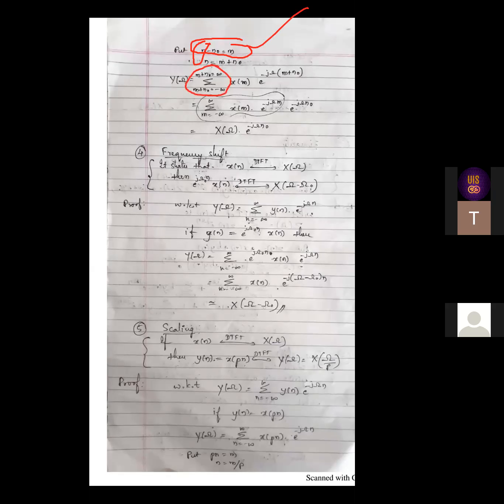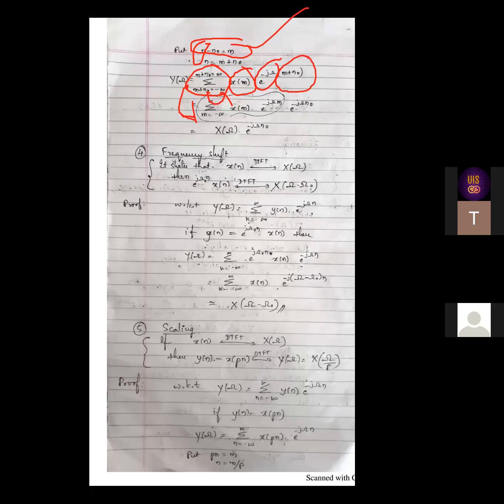So let us put this in our equation. So your summation range is for n. Now it will be for m plus n naught minus to plus infinity. Then x of m exponential minus j omega n. n is m plus n naught. Then this I have directly written as m, because if you take n naught to the other side, it will be like infinity to the infinity value. You are adding or subtracting something, which is again some infinite term only. Hence that RHS remains unchanged.